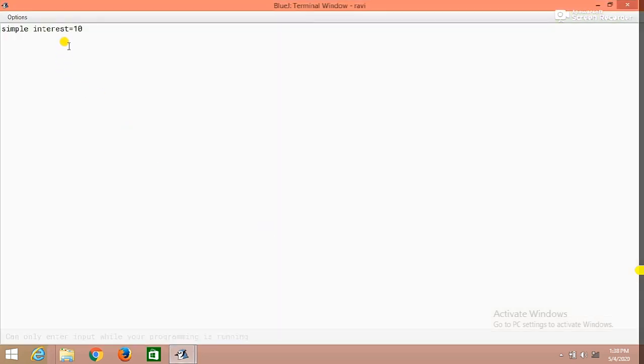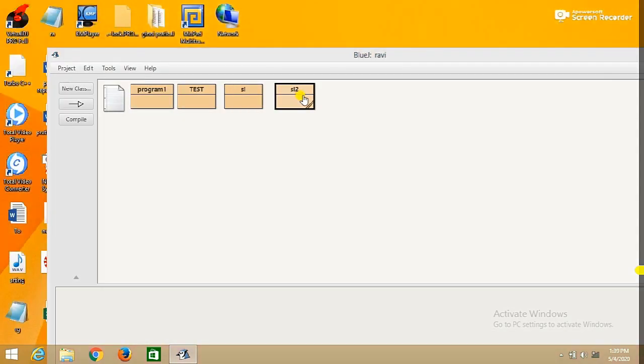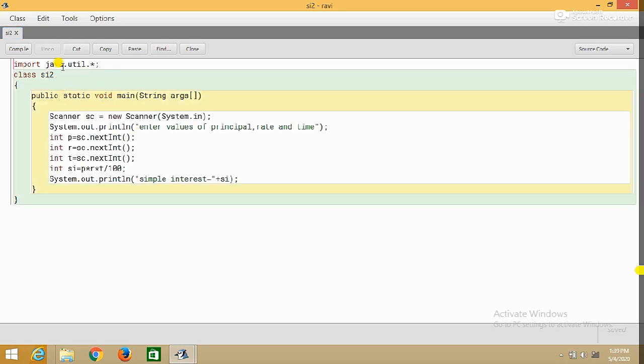But if you want to take the values of principal, rate and time, then you have to write this program like this: import java.util.*, scanner class, take the values principal, rate and time, calculate using this formula, and find the simple interest. Compile, close, run.